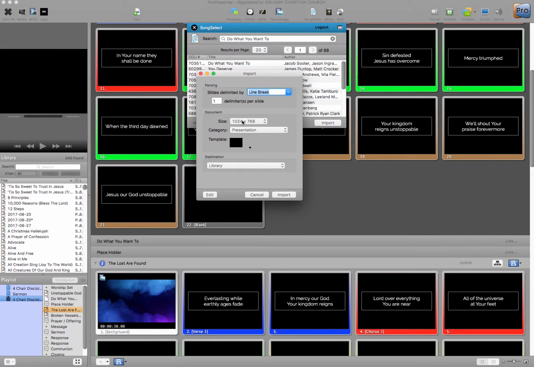And what you want to do is, we usually leave it as 1024 by 768 for the size, just because that's what our screen is set to right now. We'll be going to high def later, but that's what it's set to now. And we just want to make it a song, just so it's organized correctly. Template, you click on the template button, come down to Worship Backgrounds, Template 1, Destination Library, and click Import. You want to leave line break 1 line per slide. So delimiters is basically whatever this is here. So 1 line per slide. Click Import,